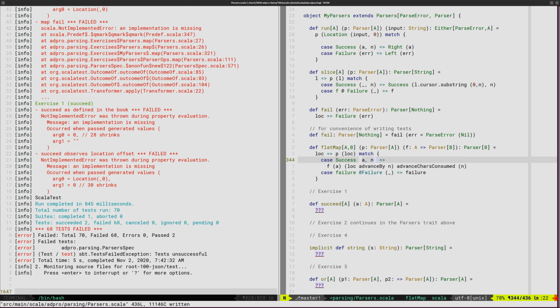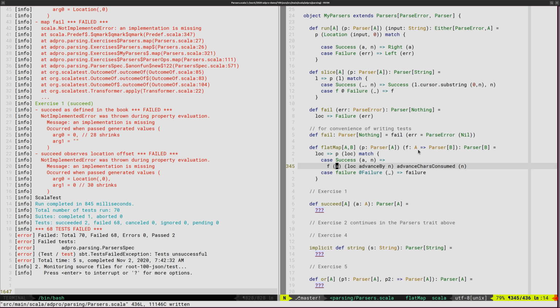If it was a failure, we just propagate the failure. One could do a lot more here to make things interesting, to create some stacked failures. I don't do that in this simple version. If it's a success, it means that we obtain a value A from the parser P, and the count of characters that have been consumed while parsing or matching the value A. On that value, we run the function f, which was our argument here,